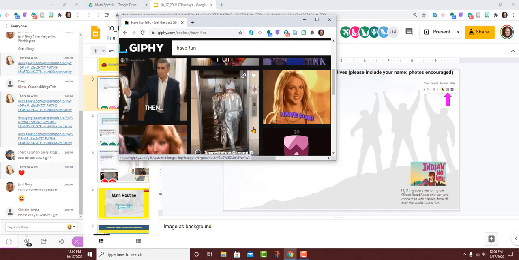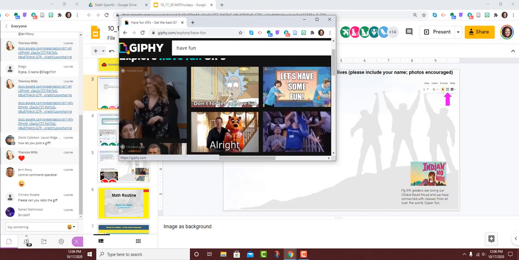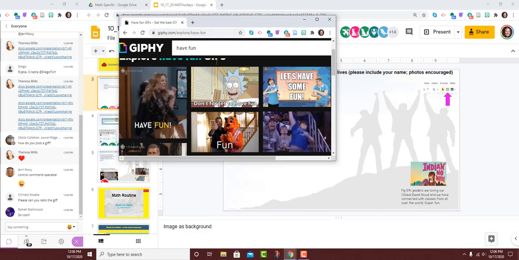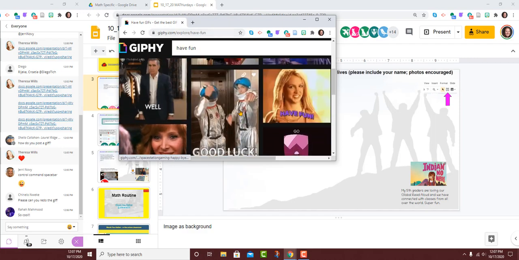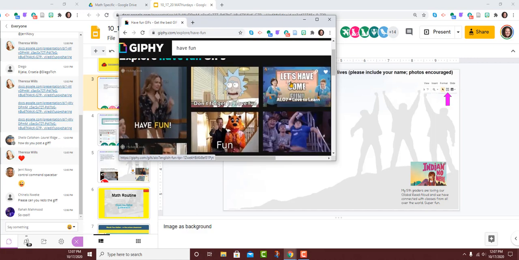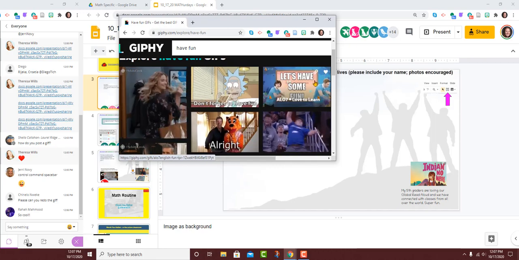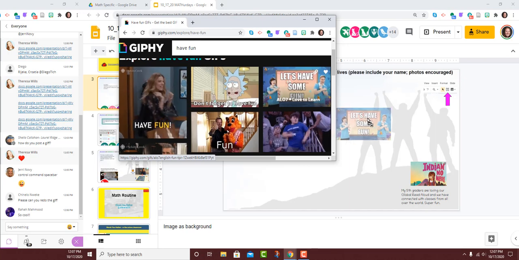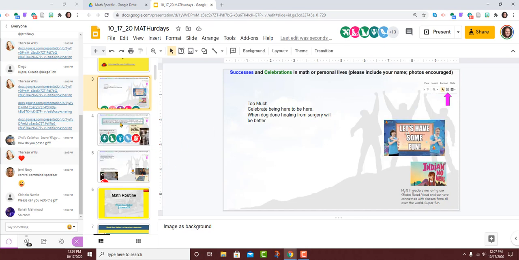Some of us want to see the animated GIF again. I go to giphy.com and I type in something. So in this case, it's "have fun," and it brings up all sorts of different ones. Definitely take a look at them because some of them are school appropriate and others might not be. But when you find what you want, you just click, drag, and then let go, and it appears right there on the slide. That also works for a lot of images, by the way.